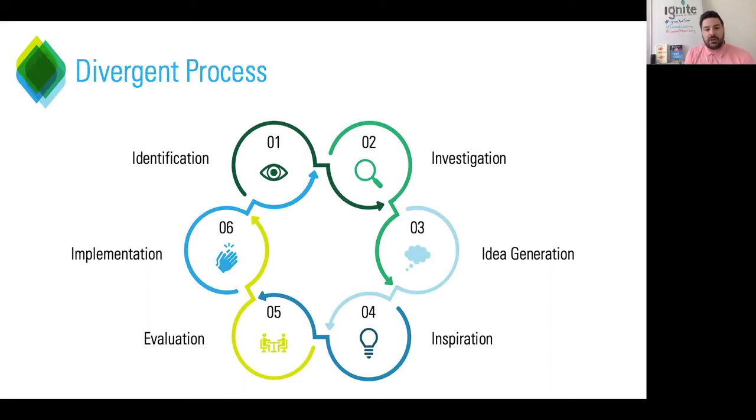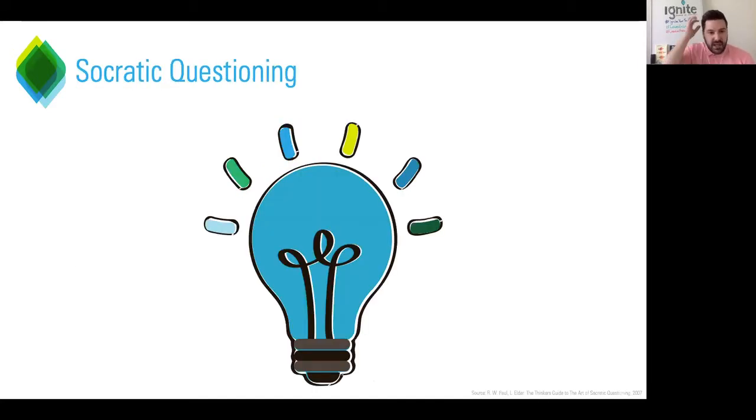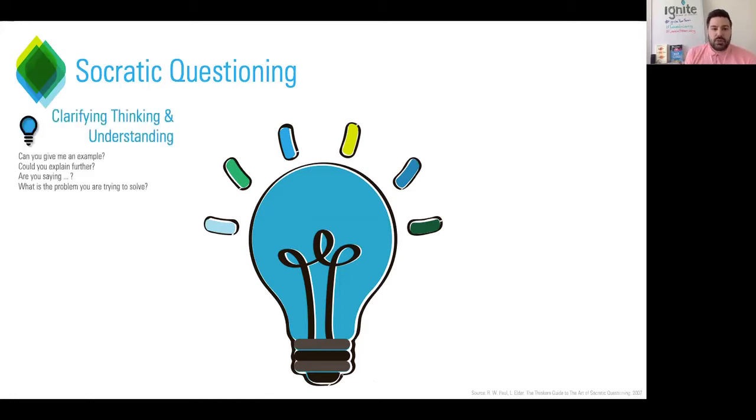So what I'm going to do now is just quickly go into identification and investigation and kind of tie these in. I did mention we're going to go through the Socratic method of questioning, and that's what we're going to look at. So let's look at these two. Here's 6 aspects that you should always do when you're looking to solve a problem so that you can understand more about the situation. So clarify people's thinking and their understanding. So use some of these